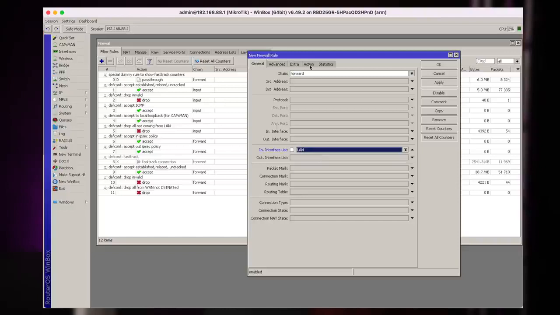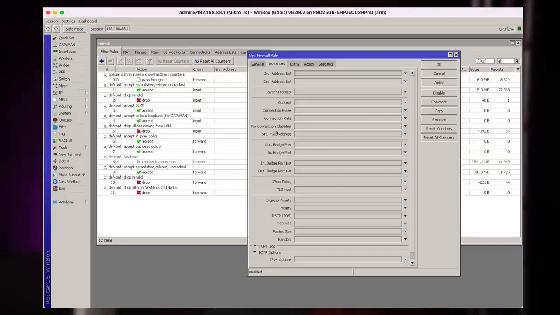So in advanced, we will go and look for TLS host. And in the TLS host, you can enter part of a domain name that you will be looking for. In this case, I'll type asterisk, MikroTik, asterisk. So it will look for any kind of domain names that contain the word MikroTik.